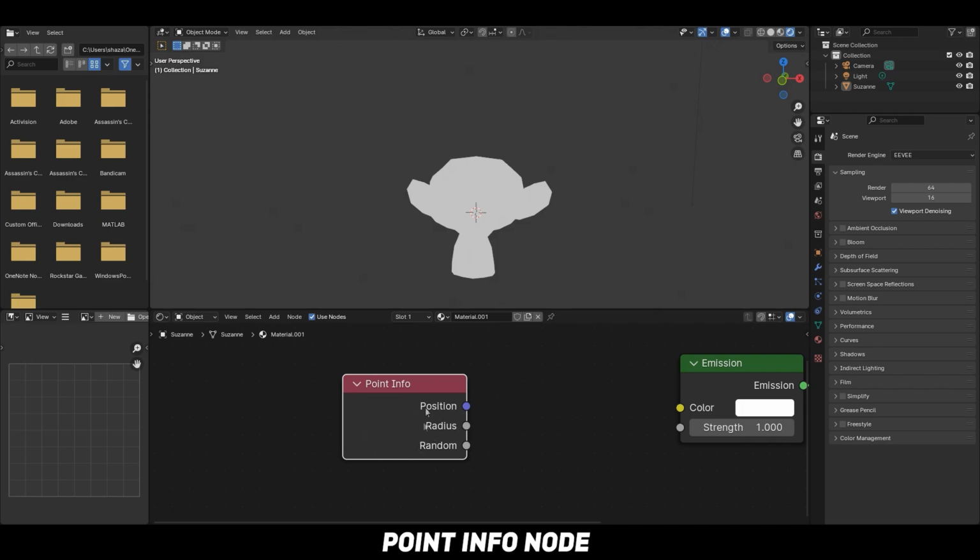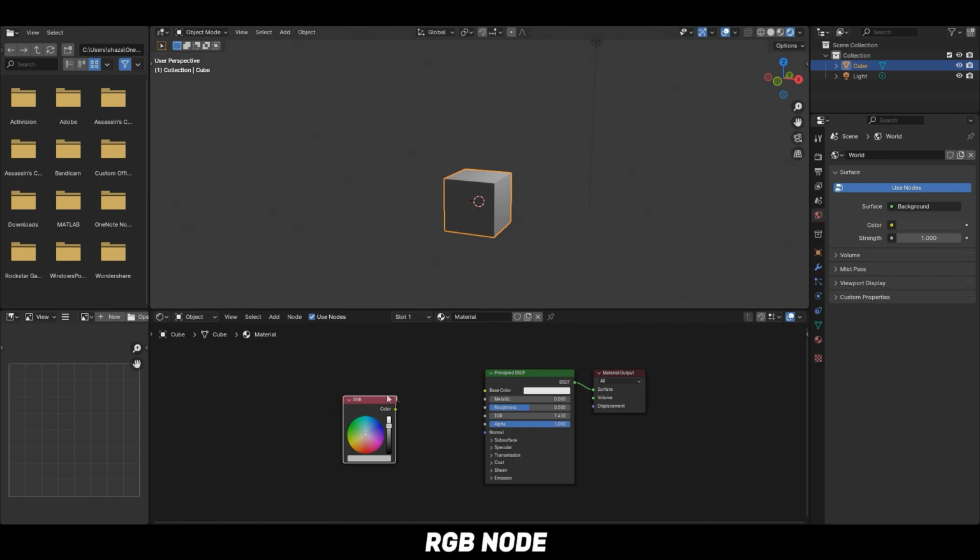procedural manipulation. The RGB node allows you to define a color using red, green, and blue channels. It's a fundamental tool for specifying colors within materials and textures, providing precise control over the appearance of objects in